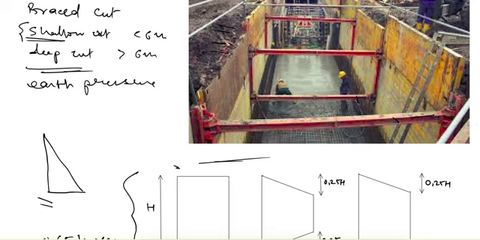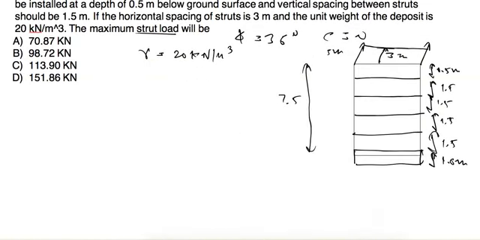So this spacing is given as 3 meter, and this spacing is given as 1.5 meter. So we'll consider half the area here and half the area here, so it will be 3 meter here. The vertical spacing for the first row will be different than the second, because here this depth is 0.5 meter. So for this first row, on the top we'll consider 0.5, and here we'll consider half, that is 0.75.